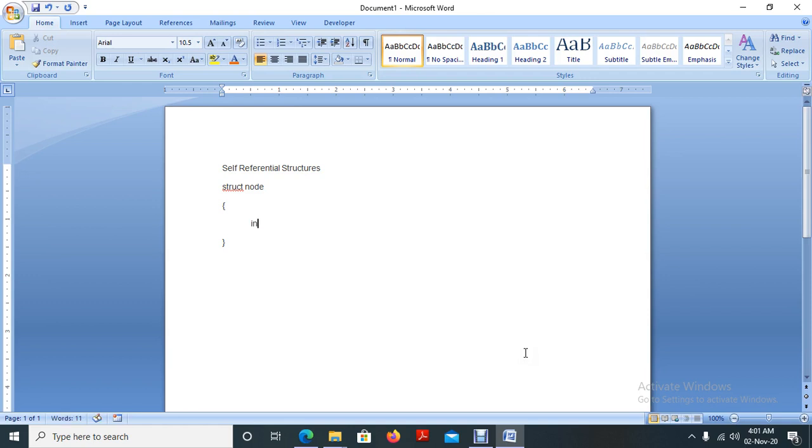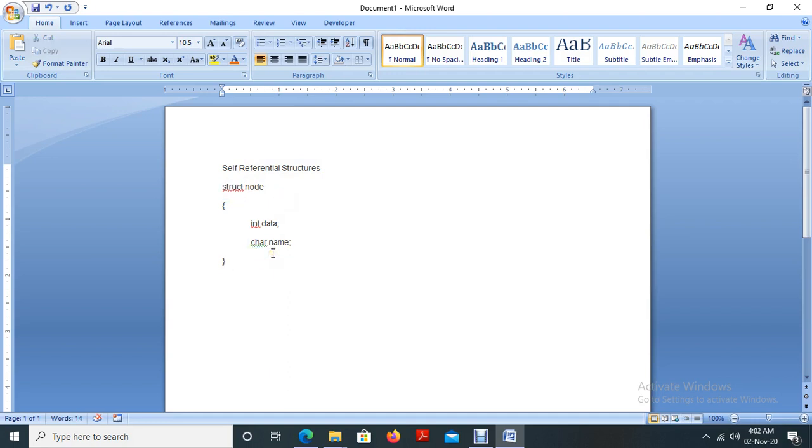For example, int data, an integer type variable data, then a character type variable name, etc. So these are the member variables inside the structure. The structure name is node, and this node is defined by the keyword struct. That is the syntax of a structure.